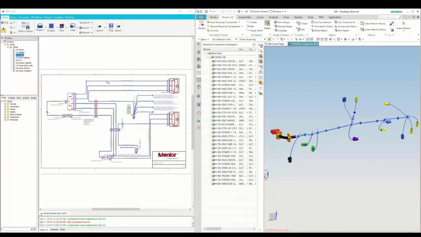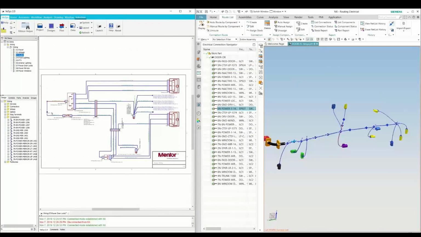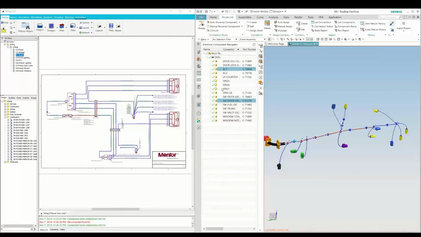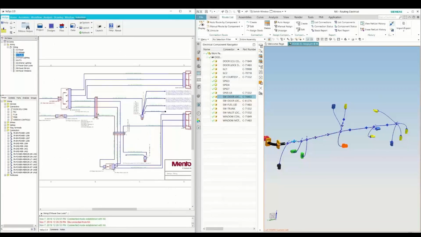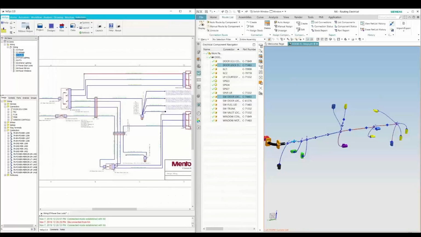Now, the importance is that once you establish this connection, you have an ideal collaboration situation where you can actually cross-select between the two designs. If you highlight a component in VSys, it highlights in NX. If you highlight it in NX, it highlights in VSys. This way, both engineers can work on the same design at the same time, regardless of the location. They don't have to be on the same machine. They don't have to be in the same building even. It could be different teams on different sides of the country. So this is extremely important.